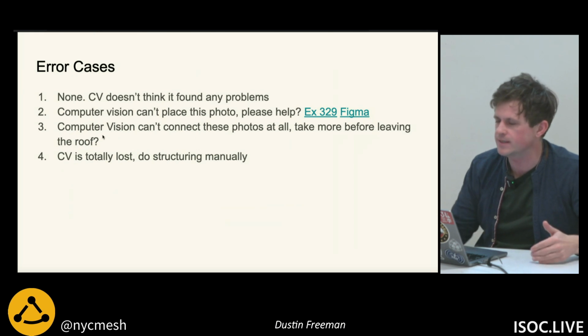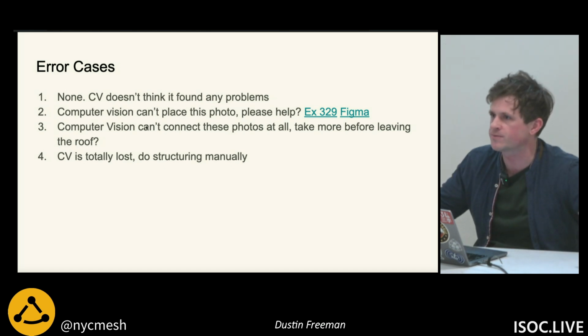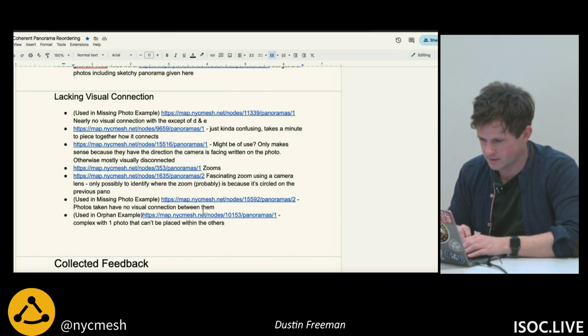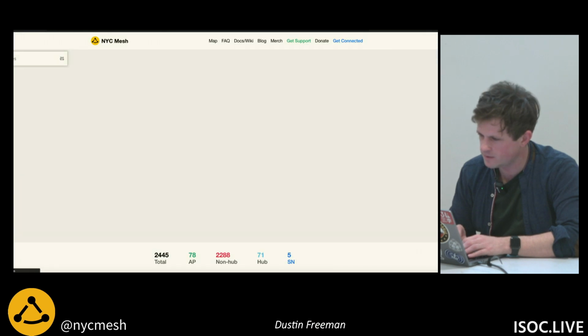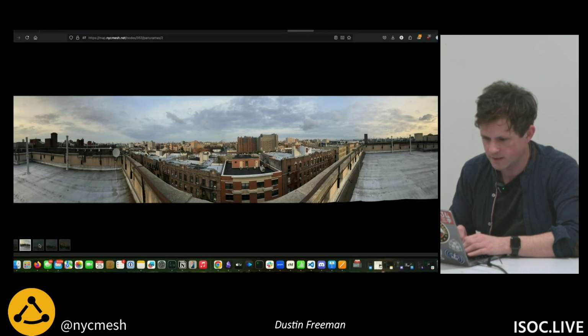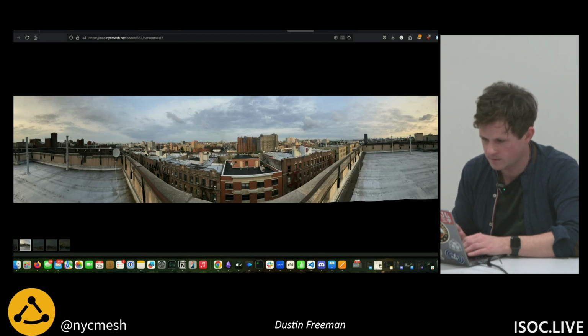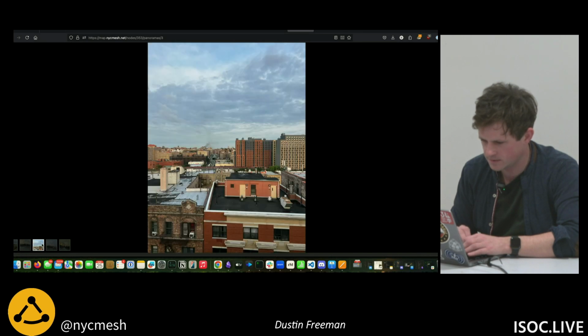The other error case I'm kind of interested in is, this is for an individual photo that's missing. The other one is we're missing connections between all those photos. Could you please take more? I can look at some. Let's look at this one together. Okay, no idea what the relationship is there. Okay, this seems to be a zoom in, that's clear. I guess this over here is down here. This is,